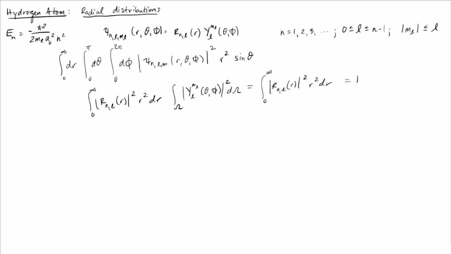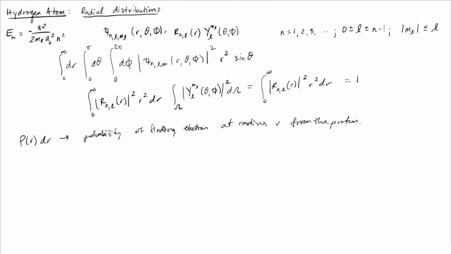And the norm by itself isn't what we're interested in. What we're interested in is the probability distribution. Or from looking at the norm, we can see what the form for the probability distribution ought to be, right? And so let's be a little bit more concrete. What we want is a function p of r, so that p of r dr gives us the probability of finding the electron at radius r